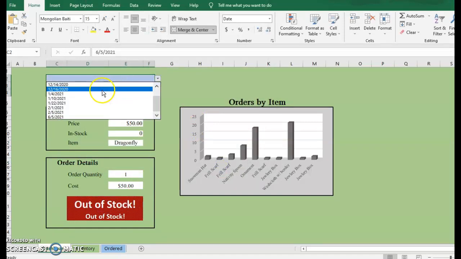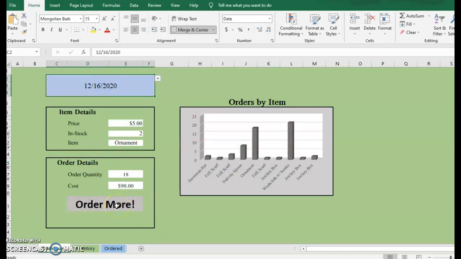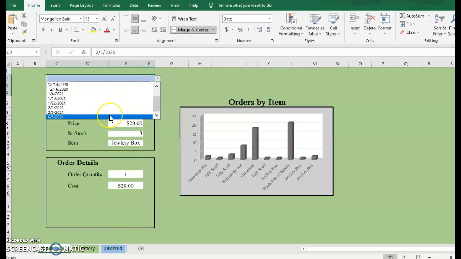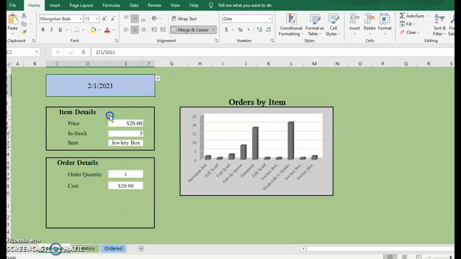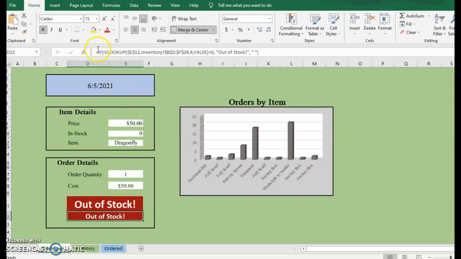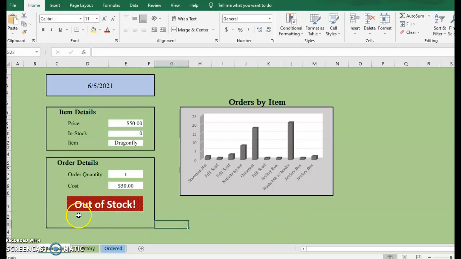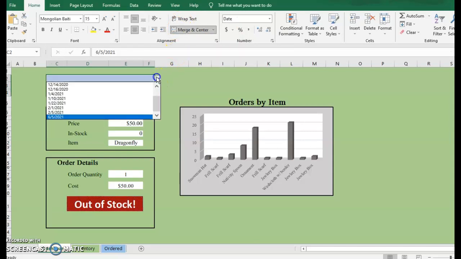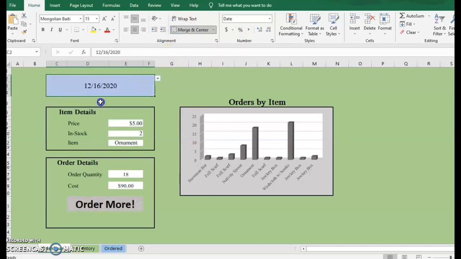So now when I go, it'll say order more because we already formatted that for if it's blank. We formatted for, if it's not blank, then if it is blank, nothing happens. But if it is out of stock, it will now say that. And we can now delete that formula, which deletes the conditional formatting. So no need to do anything else. Now, it will all work in the same